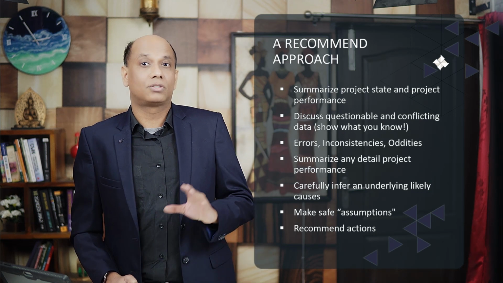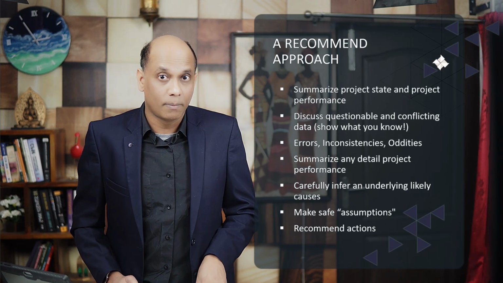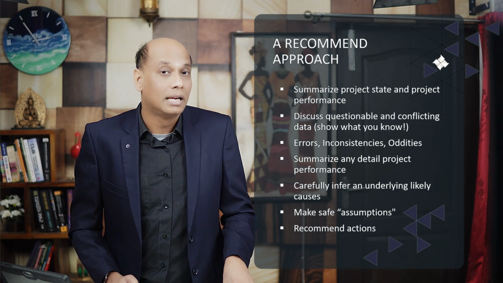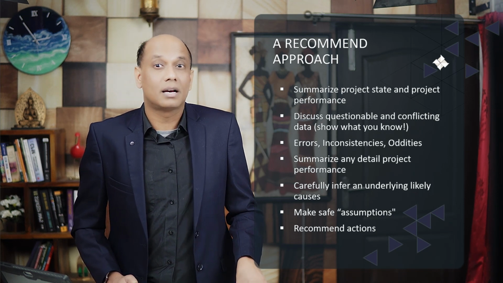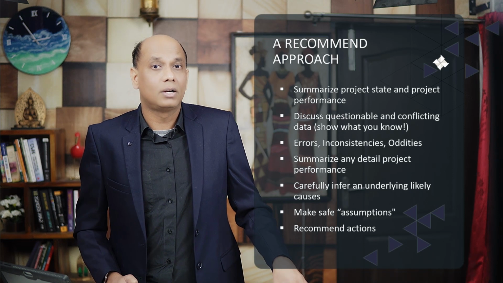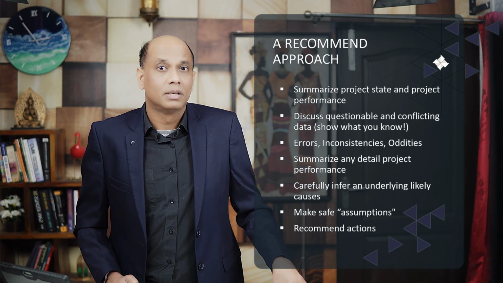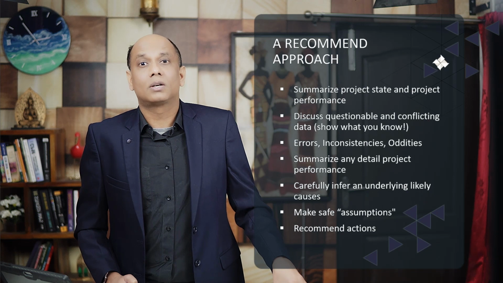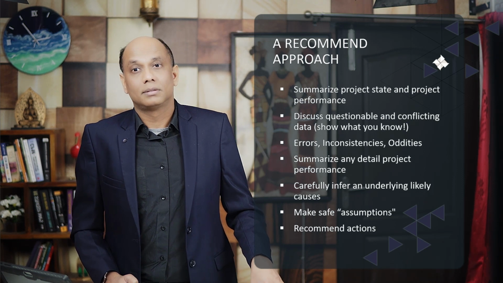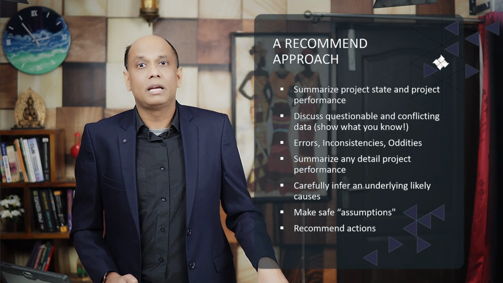You want to draw a little extension from the data and the information provided in the memo to the real world and say it looks like the schedule performance here has been degraded, and it could be due to inadequate staff or inadequate staffing experience, or failure to understand total project scope, or immature technology, whatever it may be. But do put the inferred reason in the context of the project, and you do not want to suggest that one individual is not performing well, or is incompetent, or some team is confused,